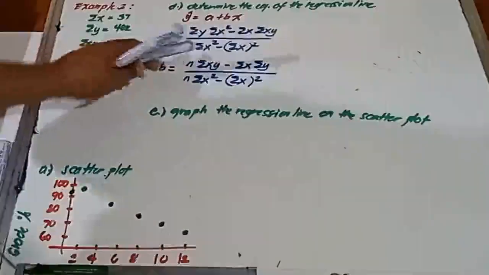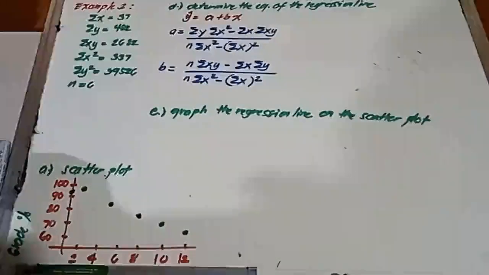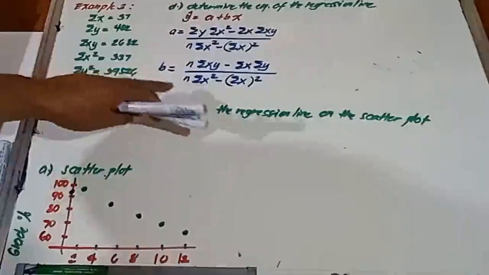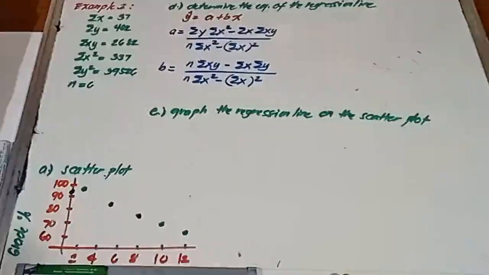For a, we have summation of y, summation of x squared minus summation x, summation of xy, all over n summation of x squared minus square of summation of x. And for b, we have n summation of xy minus summation of x times summation of y, all over n summation of x squared minus square of summation of x. Now,